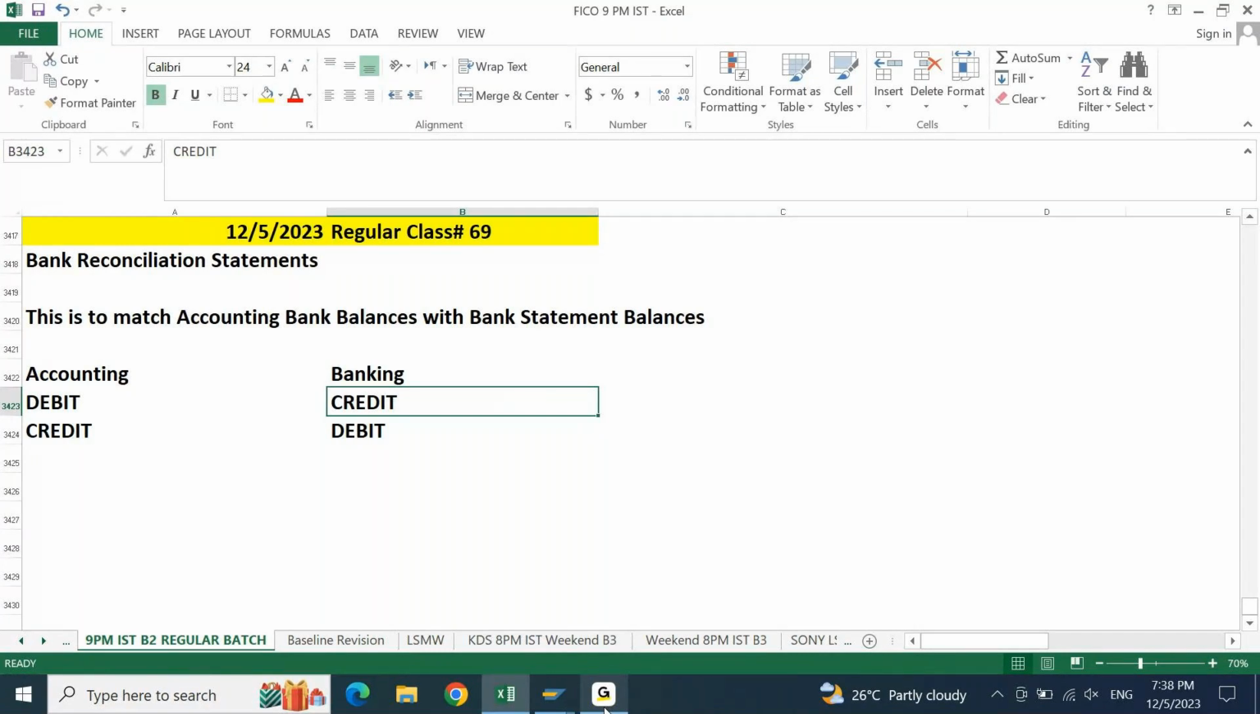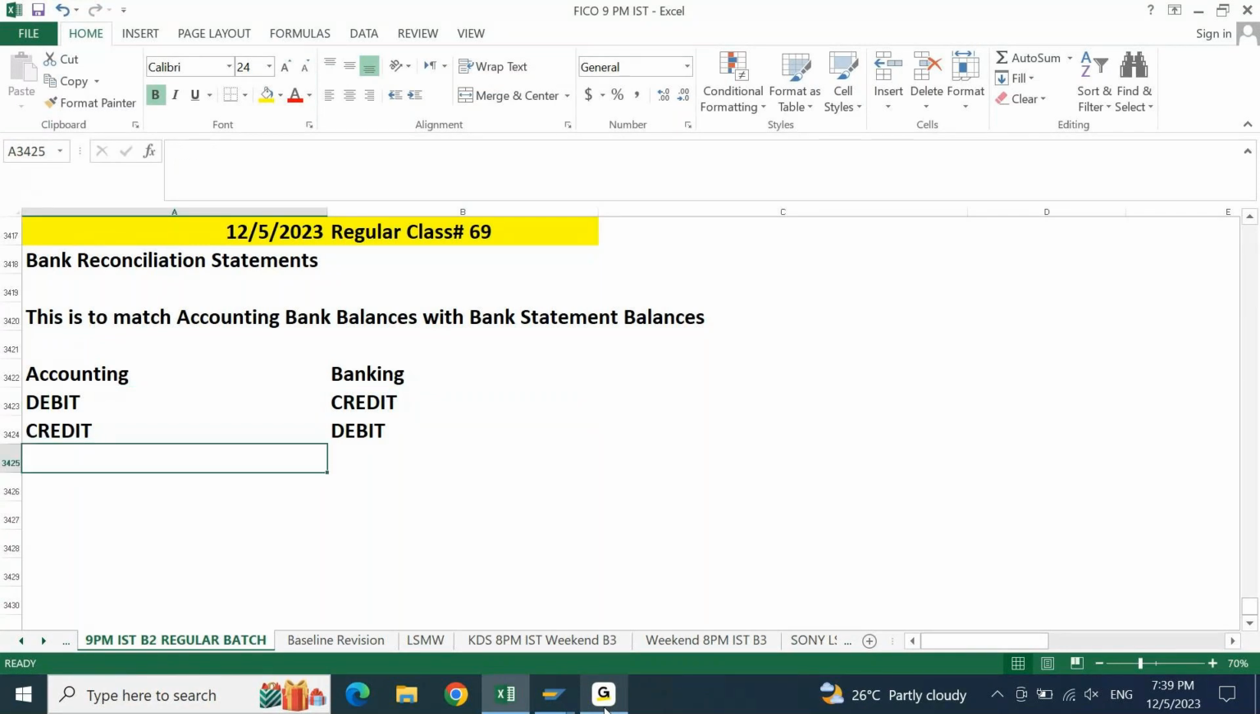From a debit credit perspective, your accounting and banking are opposite. Now we need to make sure that from a debit credit perspective, we are not getting confused. You are always going to identify the transaction based on the impact. When you're talking about the impact, you have to talk about